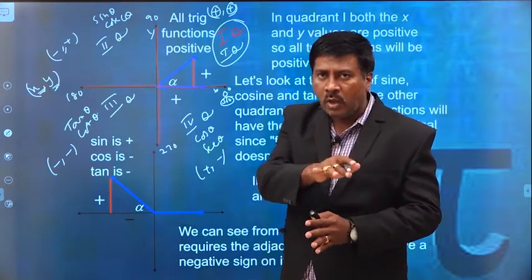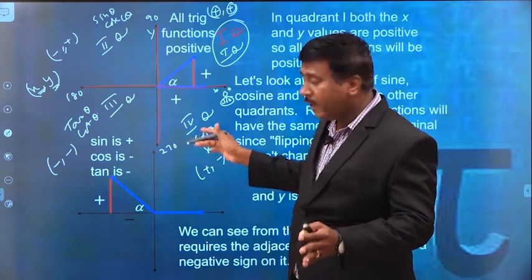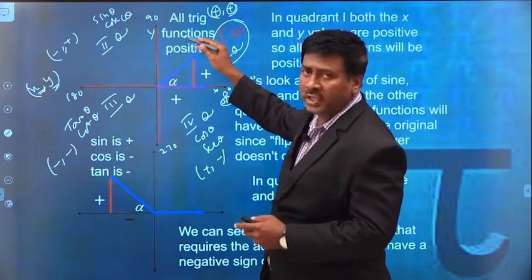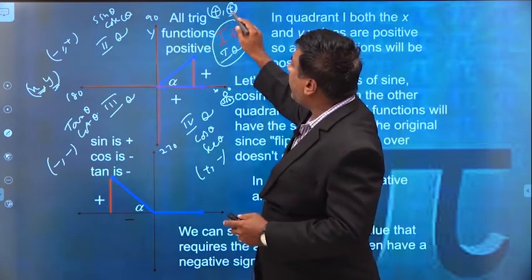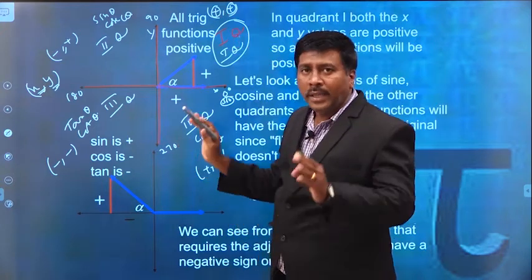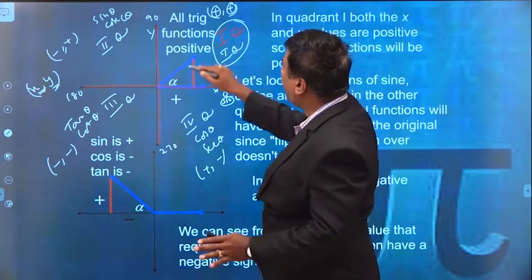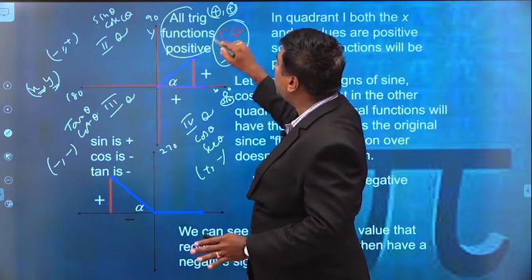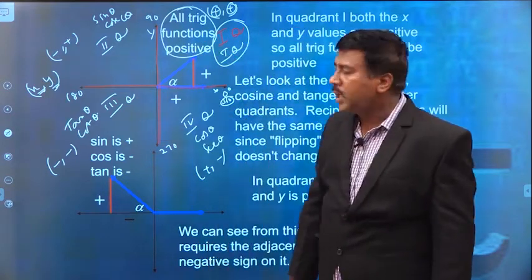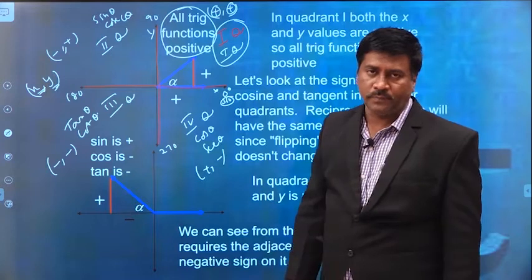That already we had to see in the previous slides. That is why I have to insert the conditions here. Both x and y have positive values. In that case only, all the trigonometric ratios are to be positive. That is why I have to take that all the functions are to be positive.